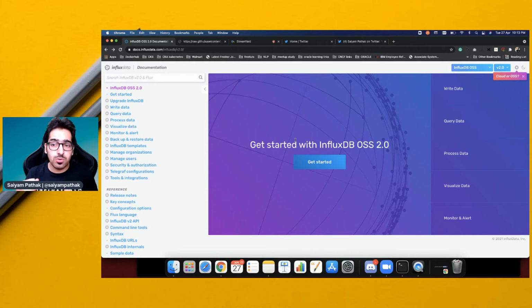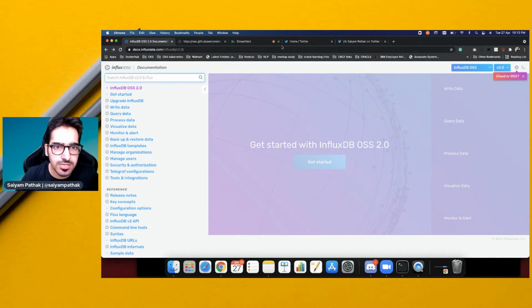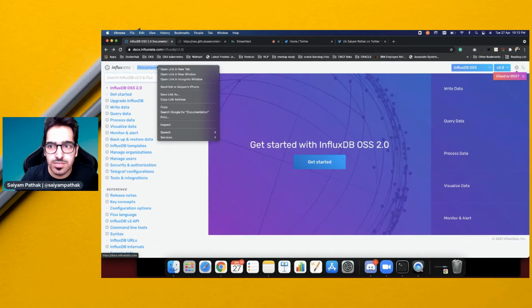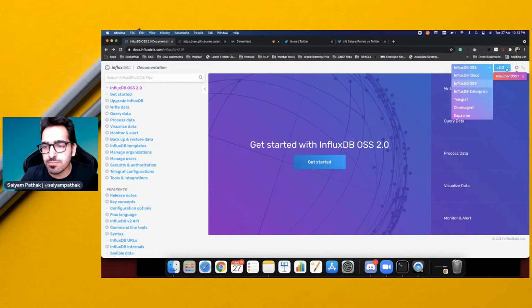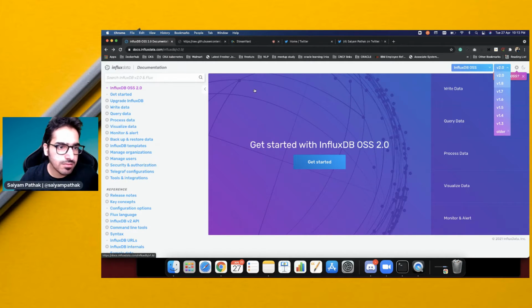The 2.0 one comes with a lot of pre-built components. Earlier there were different components in InfluxDB, and you can still go to InfluxDB 1.8. There should be some way to go back, yes, you can select the version from here. So if you go to 1.8